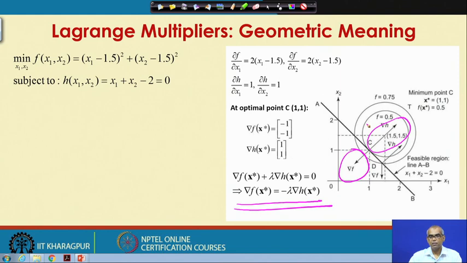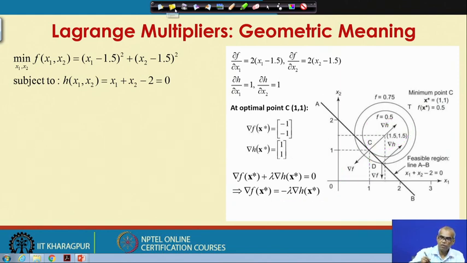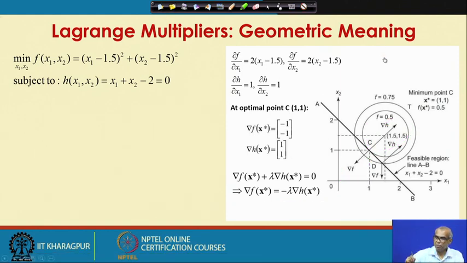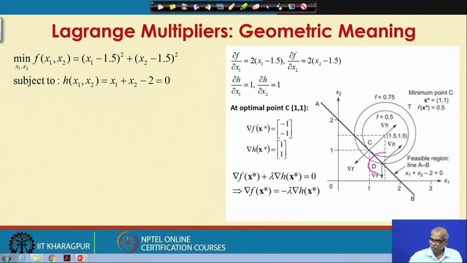This is the geometric interpretation or geometric meaning of the Lagrange multiplier: at the optimal point, the gradient vector and the constraint vector will be lying on the same line. They are proportional to each other, and the Lagrange multiplier is the proportionality constant. If you now consider any other non-optimal point as D,